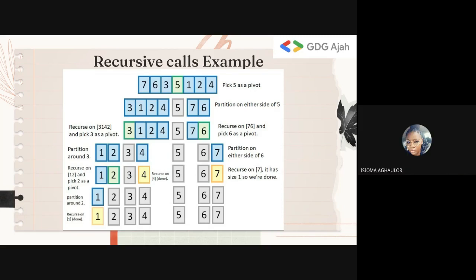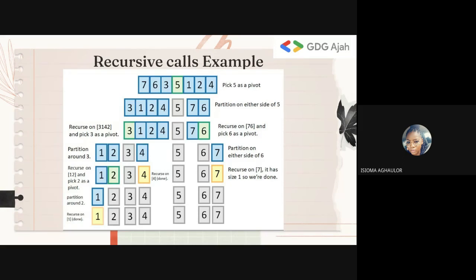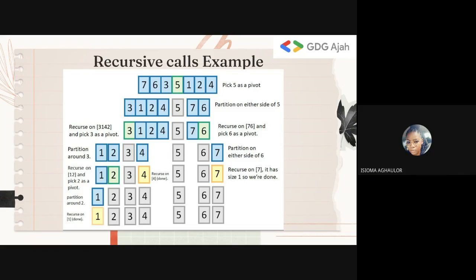For example, we have an array with size 8. We divide it into 2 arrays with a size of 4 each. Then those 2 arrays get divided into a size of 2 and then 1. But if we have an array that has a size of 7, how do I divide that? It will get divided into 4 and 3. It's not going to be divided evenly.